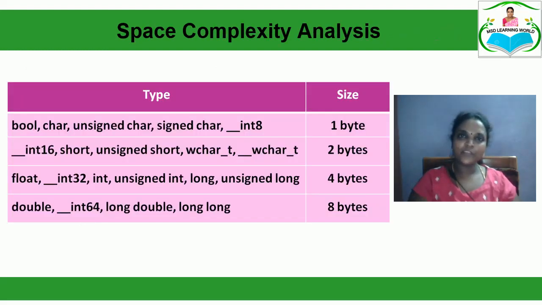The data type of the variable that you have used in your program is directly related to the amount of storage space taken by your program for execution. So here comes the memory space allocation for the various data types. A character variable occupies 1 byte, whereas an integer occupies 2 bytes, float and long occupy 4 bytes, followed by double with 8 bytes.